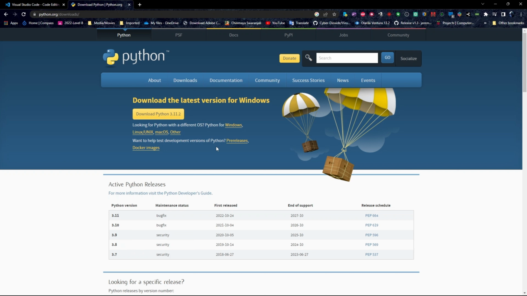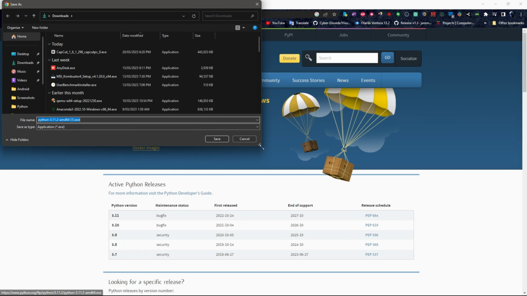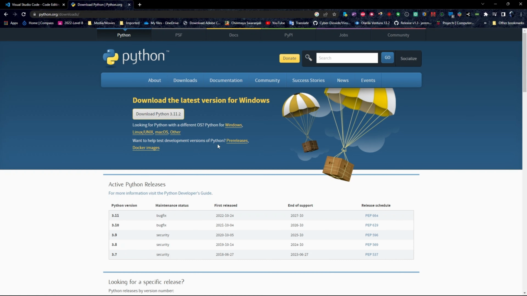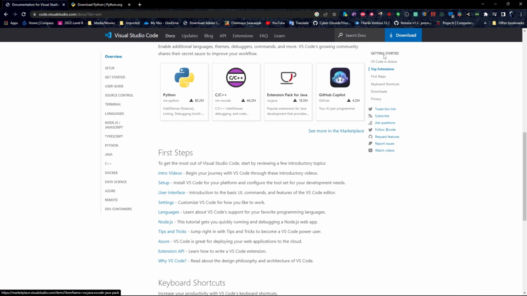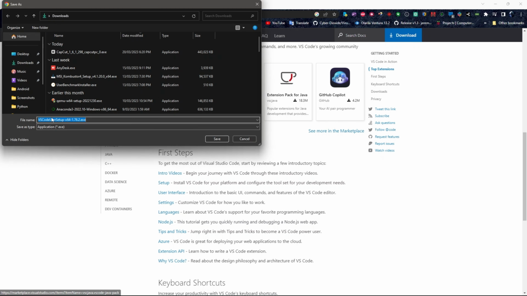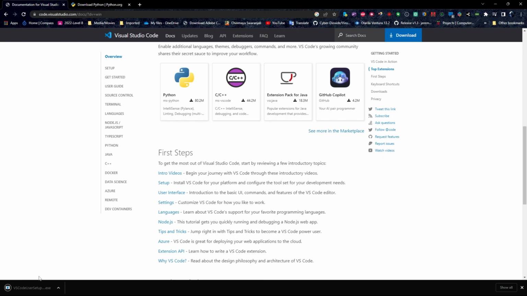So the first thing you're going to need to do is download Python. So just click on this link, I'll have it in the description below, and just download it and save it to your computer. I already have it installed, so I don't really need to install it. And the second link you want to go to is Vscode. So just click download for Windows, scroll down, and Vscode user setup.exe, save it to your computer. It'll download, and then open it,